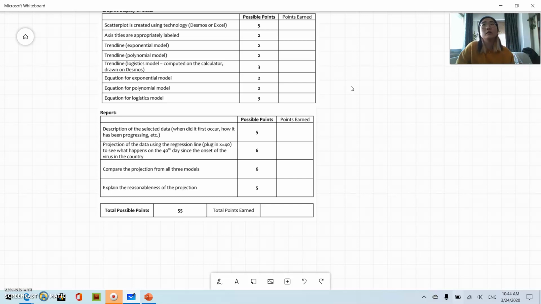So I want you to do a little more than just number, because we are dealing with real cases, and these numbers aren't just numbers, they are people, right? And there are people who are suffering from this disease. So I know this is a math project, but I really want you to take time and think about the people who are involved, not just the patients, but also the medical professionals and the government policymaking